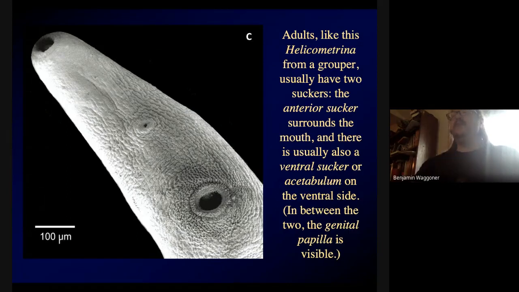Usually there's a ventral sucker on the ventral side. This is what you see at the bottom right, that round thing. This is also called an acetabulum. If you're curious as to where that name comes from,